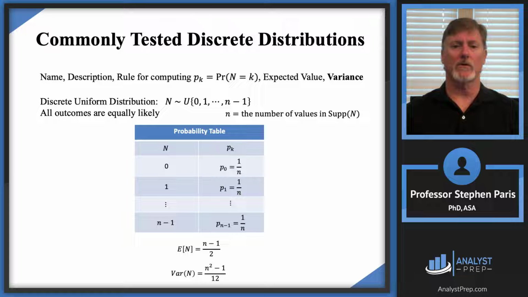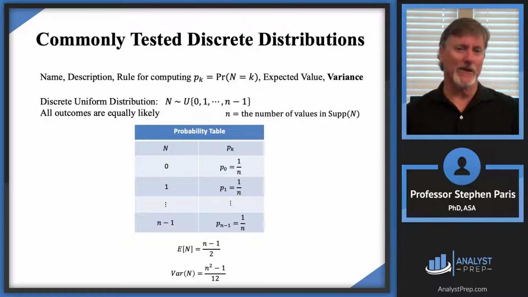So (n squared minus 1) over 12. Another byproduct of listing out the support as being 0, 1, 2, all the way up to n is that you get these nice formulas for the expected value and the variance there. Okay, so now let's look at an example,